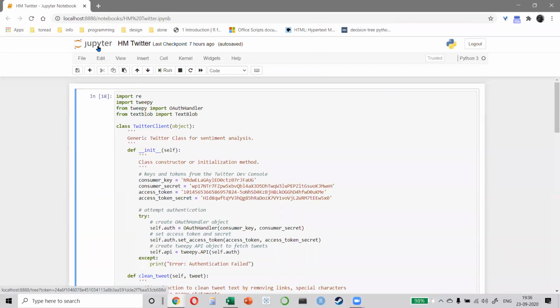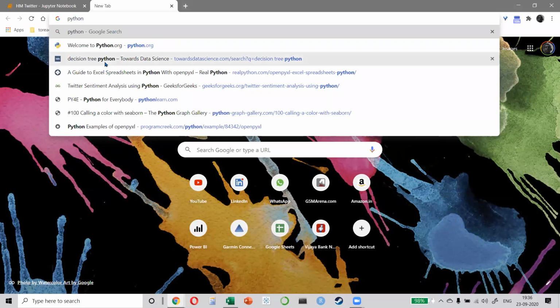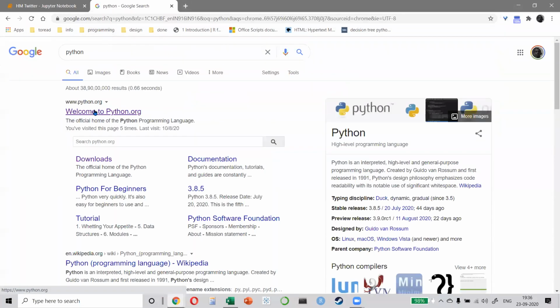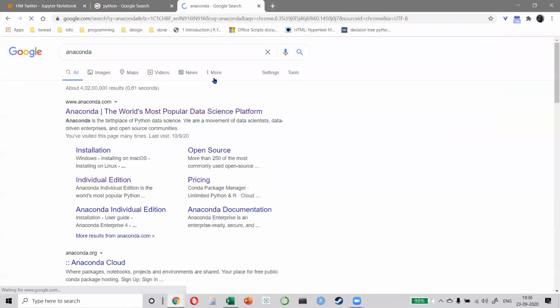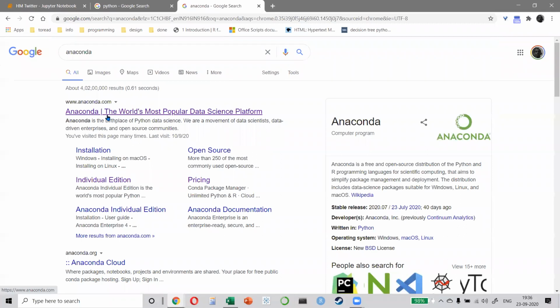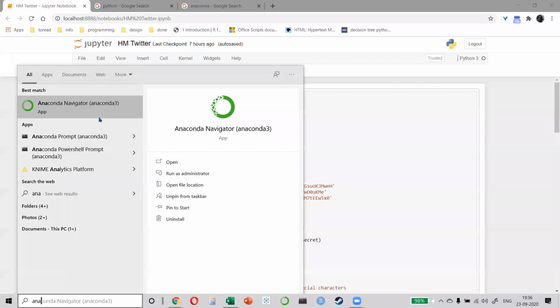This is called Jupyter. So basically, when you want to run Python, if you know, then you can skip this part. If you don't know this, you first have to install Python, which is a very simple, small file. And then you have to install something called Anaconda, which will allow you to run Python on your system. Both of these are free of cost. And then you can run it on your system like this. Like I have Anaconda with me.